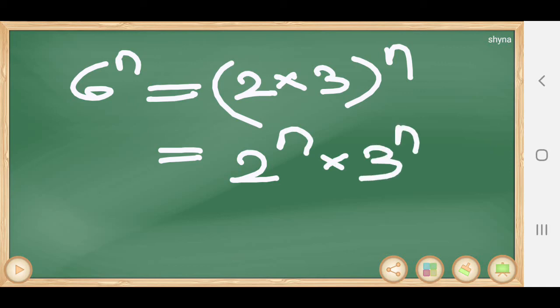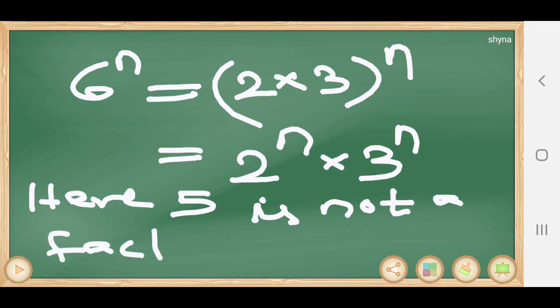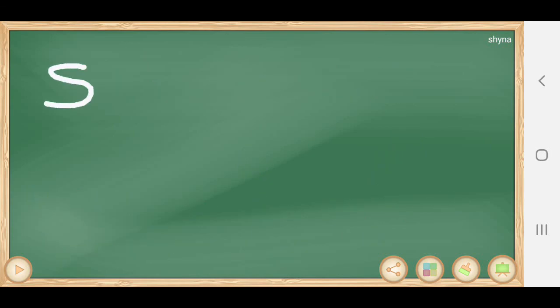We all know that if a number is ending with 0, 2 and 5 should be the factors of that number. Then only that number will end with 0. Here 2 and 3 are the factors, but 5 is not a factor. 5 is not a factor of 6 raised n. Then what can we conclude? So 6 raised to n does not end